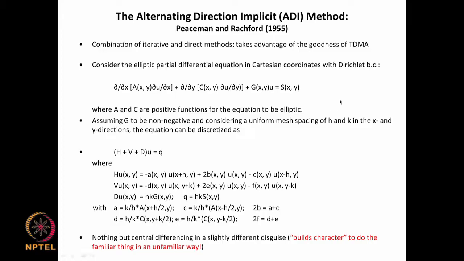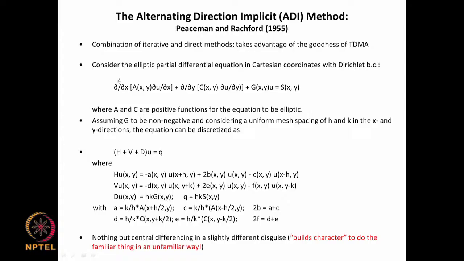Specifically, it takes advantage of the goodness of the tridiagonal matrix algorithm, goodness in the sense that it takes only k times n arithmetic operations to get a solution of Ax equal to b, where A is tridiagonal. So it takes advantage of that, but it puts that in the context of an iterative method, and we